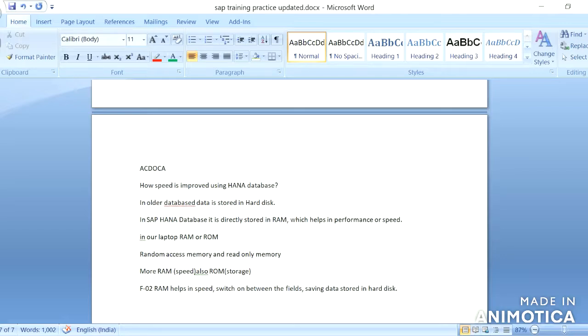But in SAP S/4HANA they have changed the total logic of how the data is stored. Here the data can be stored directly in RAM, with the help of the latest technology, in-memory computing, which they have used.